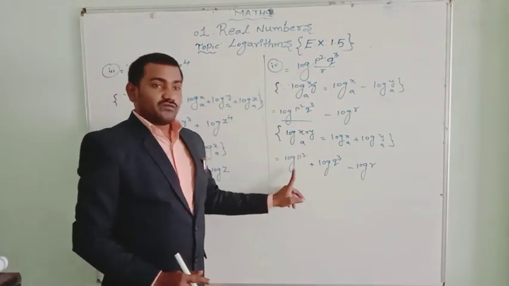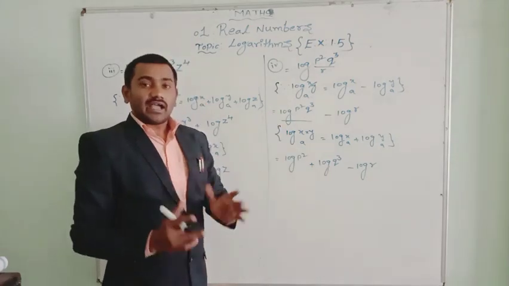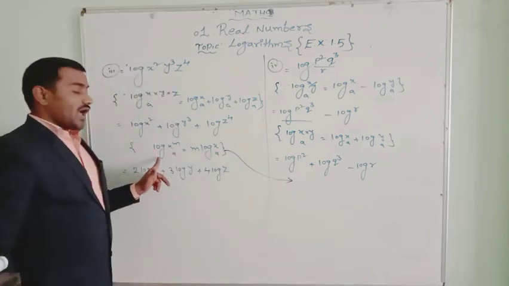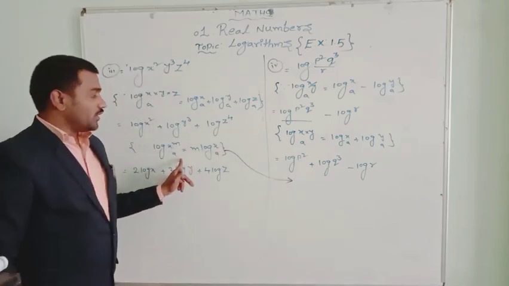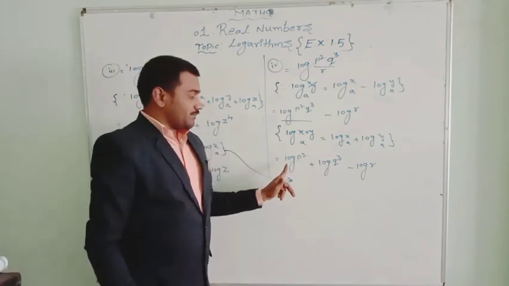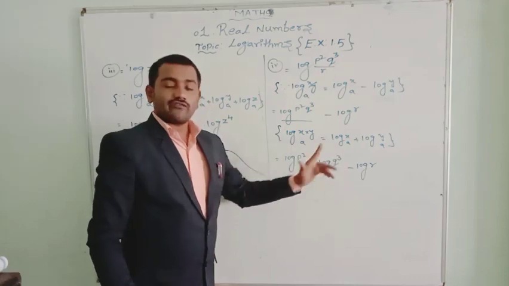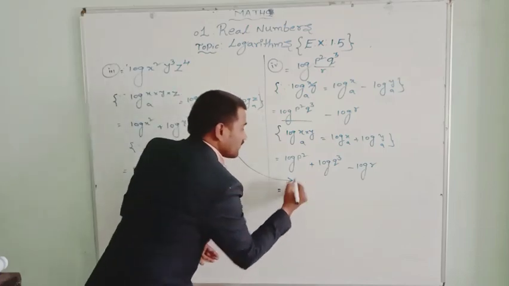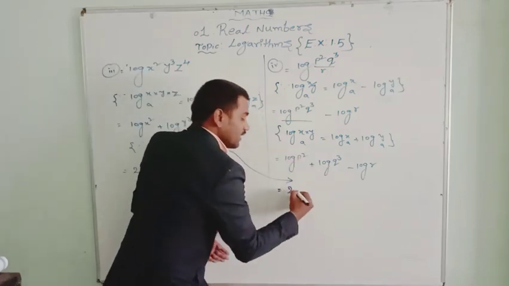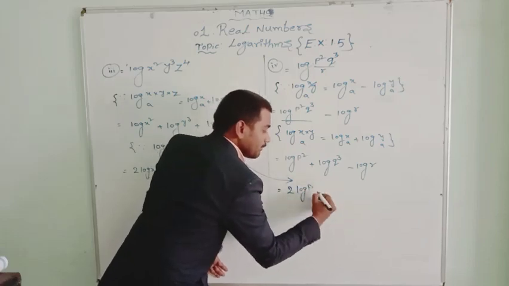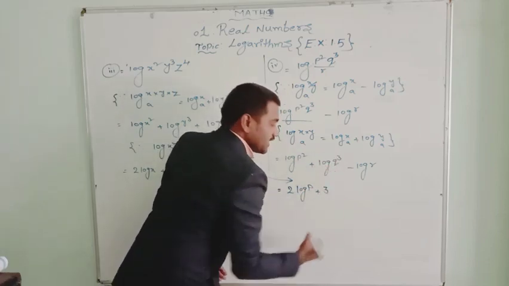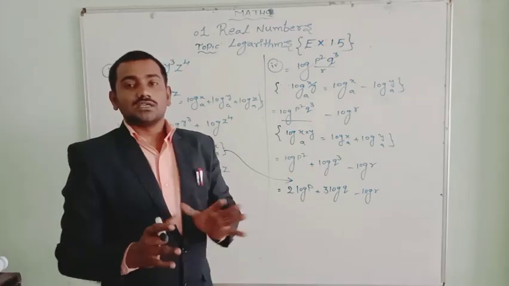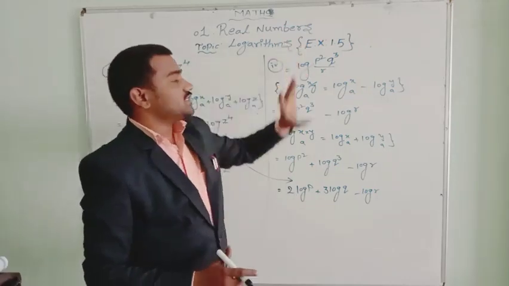Now here in the first term and in the second term, again it will give us the power formula. When we use the power formula here, see that log x to the power of m base A equal to m log x base A. These two are the same. Log x to the power of m, log x to the power of m. So let us change it into the other form like m log x base A. If you write in that form, this 2 will come in front of the log and multiply to the log p. Here 3 will come in front. So you get 3 log q minus log r. This is the expanded form or simplification of this problem.